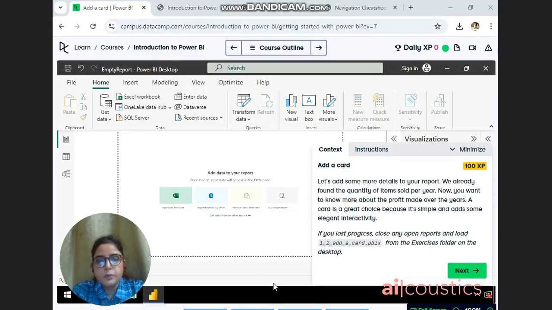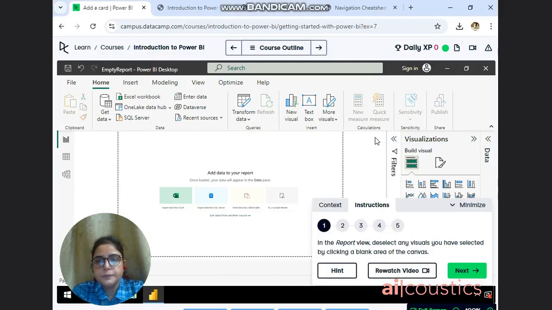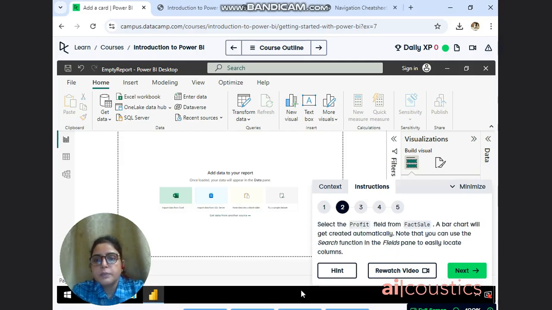File has been opened. So let's follow the instructions. In the report view, deselect any visuals you have selected by clicking a blank area of the canvas. Then next, select the profit field from the fact sale. A bar chart will get created automatically.